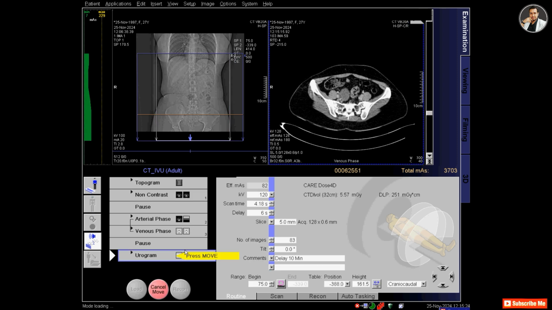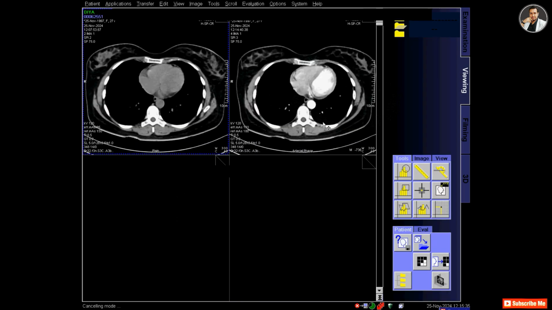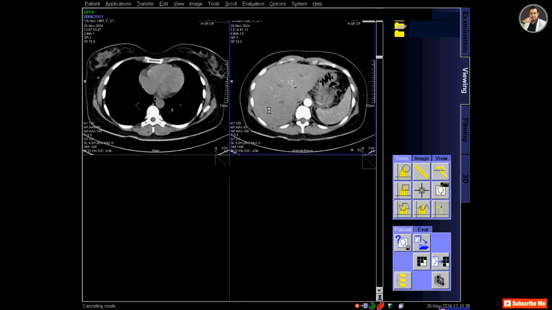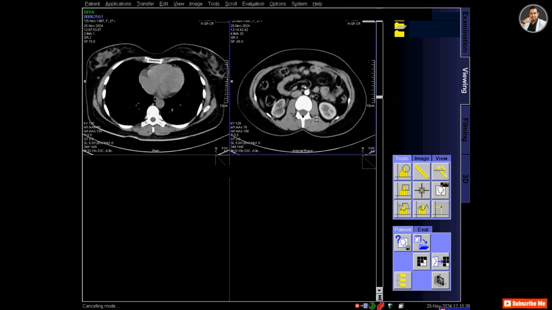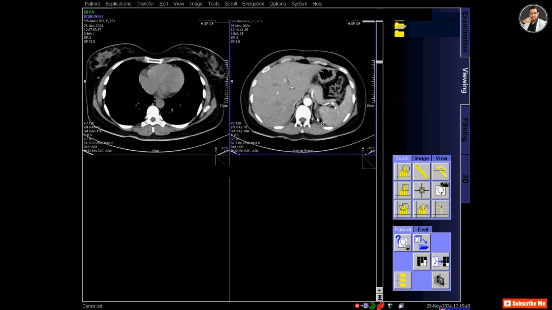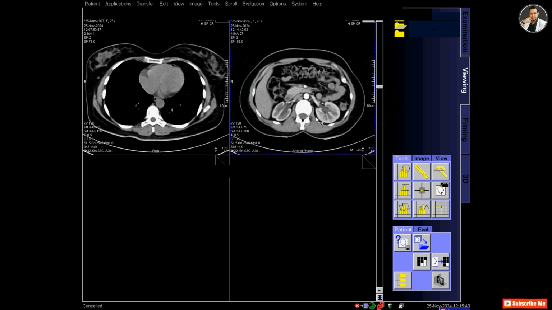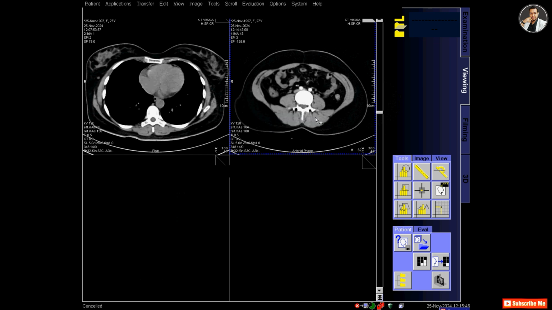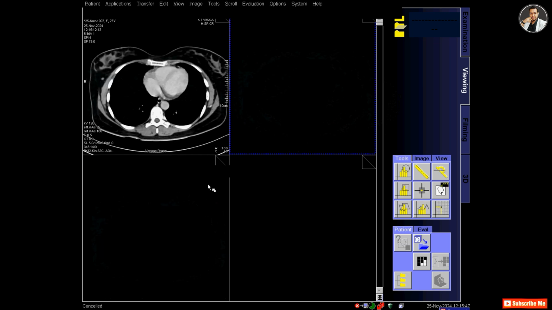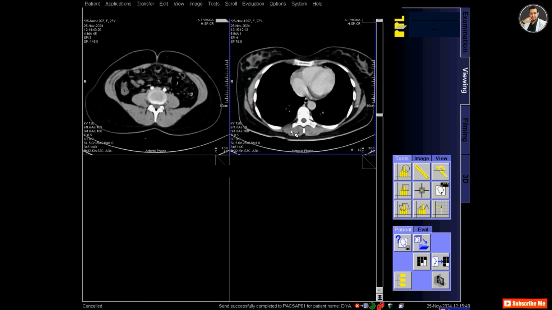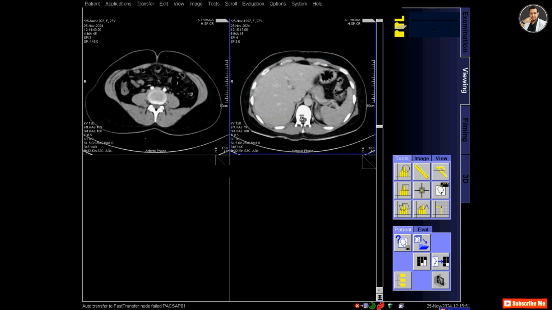And I will take urogram a few minutes later. So I am checking the arterial phase. You can see that the kidney is visualized very well, and also checking the venous phase.